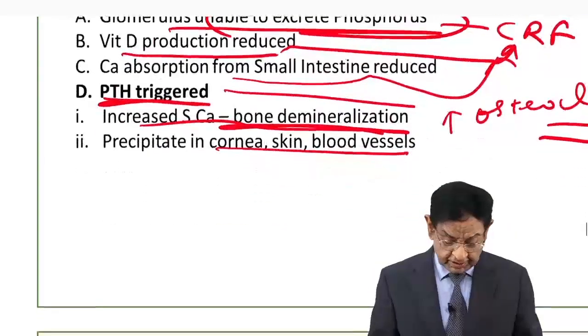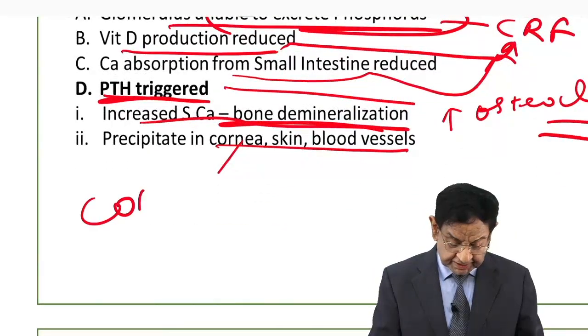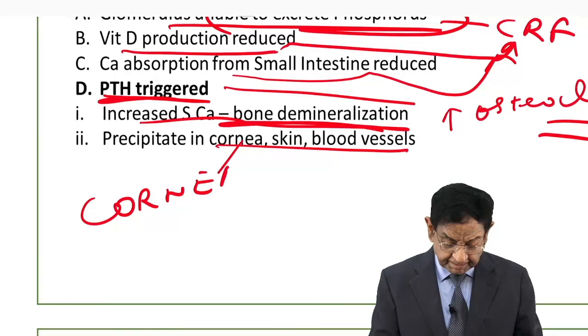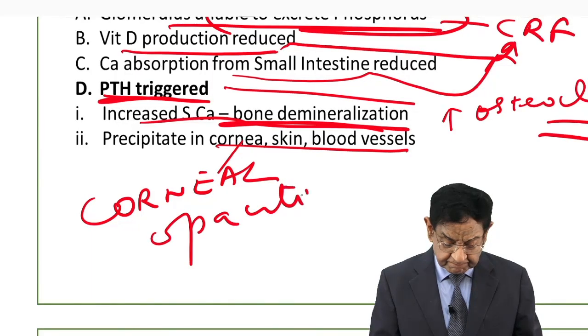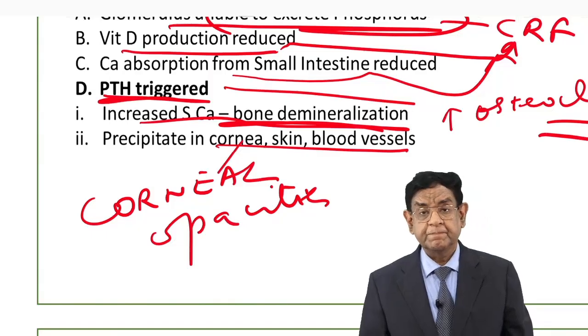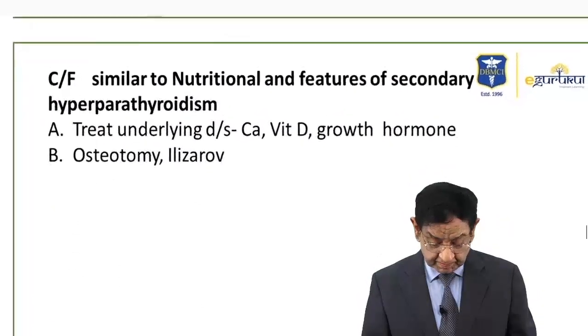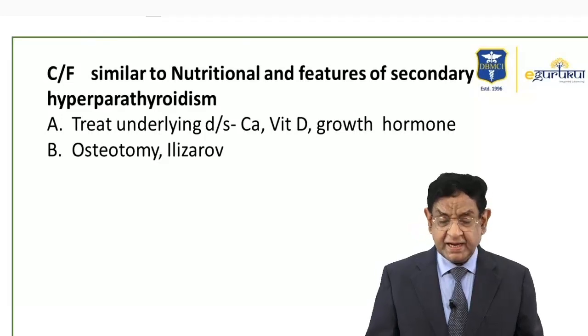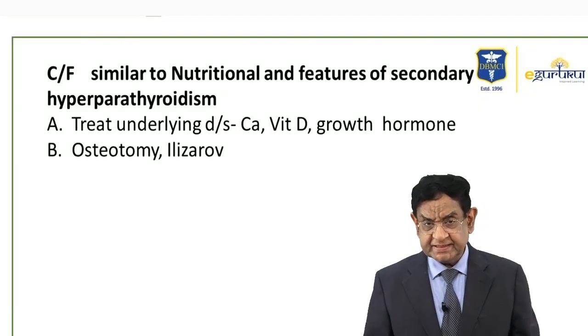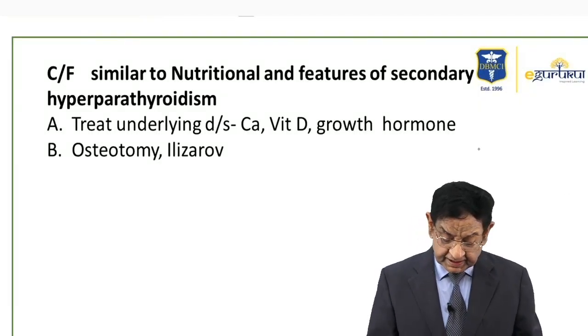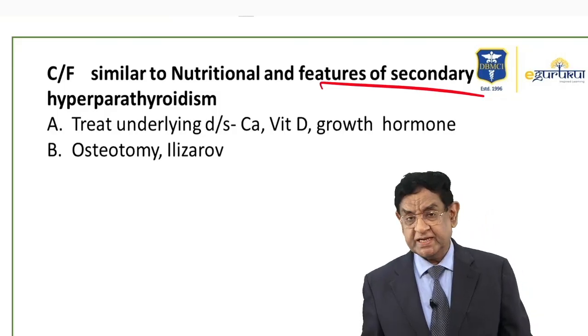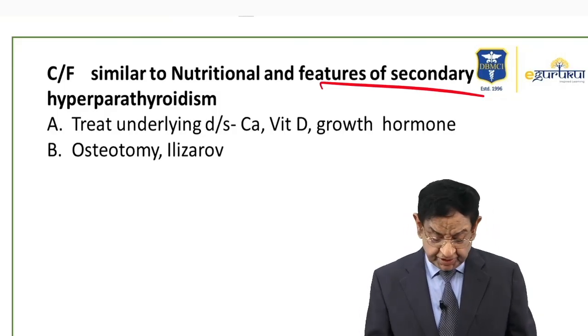Okay, so it leads to corneal opacities. So by and large, the picture is the same as a nutritional variety, and there is secondary hyperparathyroid, and you treat calcium,